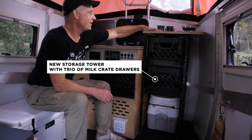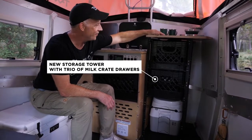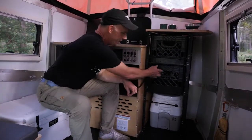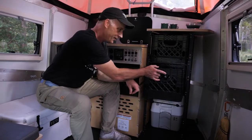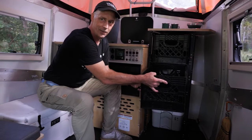It has a big countertop up here for slicing and dicing or storage of your stuff. We have a milk crate drawer system. It bungees in place so it doesn't fall out when you're driving. It slides out in and out really easily, but if you're cooking outside, you can take your whole kitchen outside